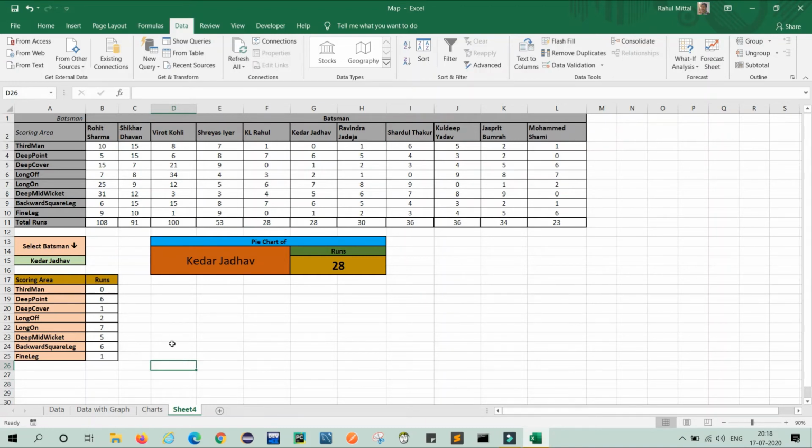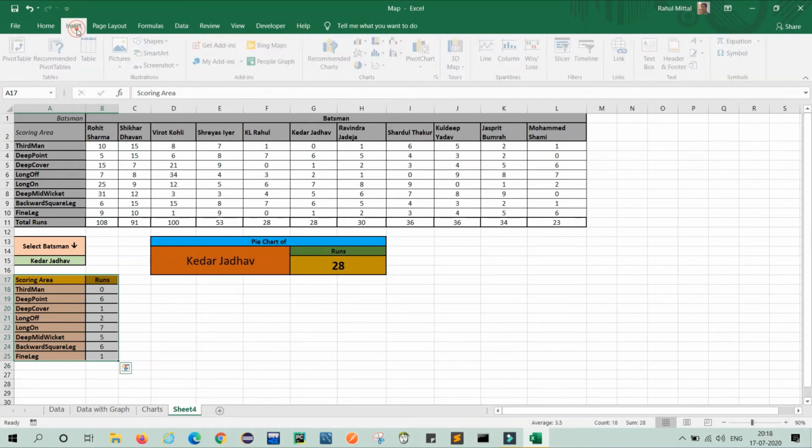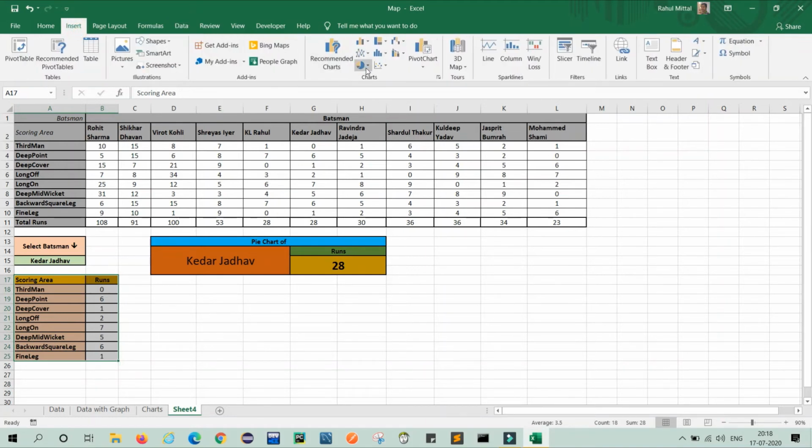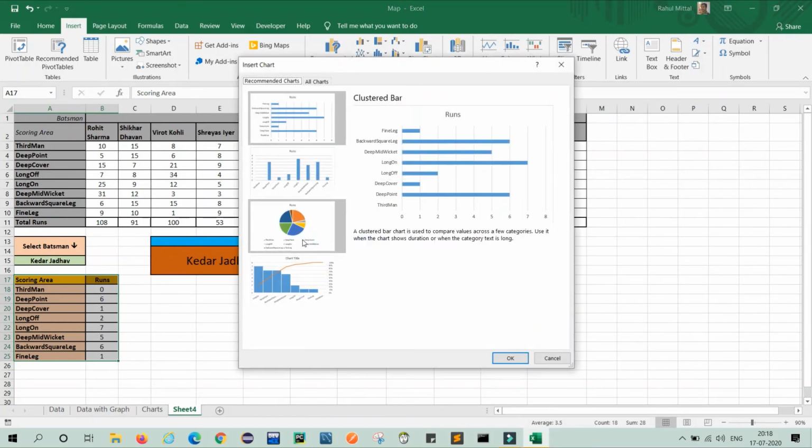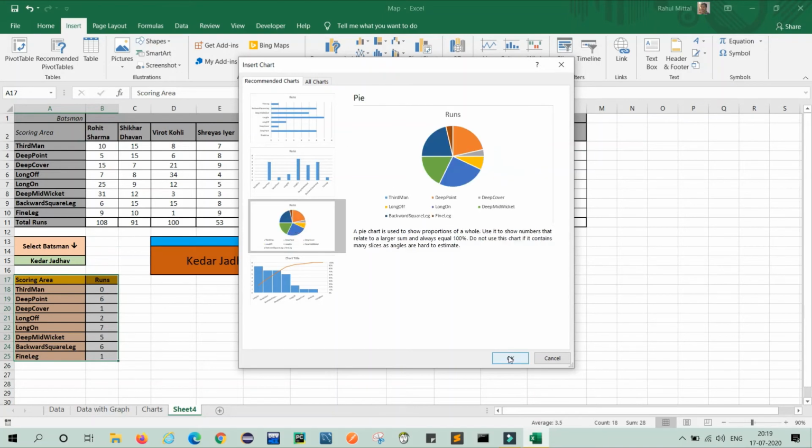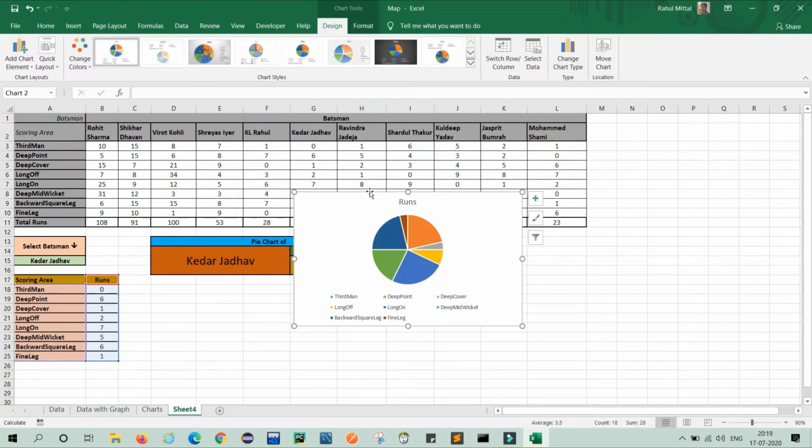So for creating a pie chart, what will we do? We will select our table till the end, go to insert, and you can select a pie chart. I will click recommended chart also, because as per the table, Excel recommends what type of chart we can prefer. Otherwise you can select any of these charts. So I am clicking here. It will recommend lots of types, so I will select pie chart. Click on OK. Now you can see my pie chart is created.